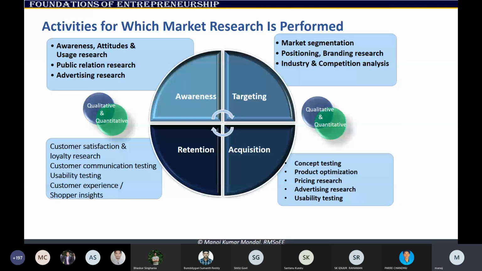Now, these are the activities for which market research is done. I think it covers everything that a business does. Creating awareness at the beginning, meaning, when you want to create awareness, you want to come up with an advertisement. Now, if you think that you know how to advertise, that is a wrong idea. You have to know the profile of the people that you are talking to. If your customers are children, that will be one thing. If your customers are poor people, the advertisement will be very different. If your customers are rich people, it will be different.